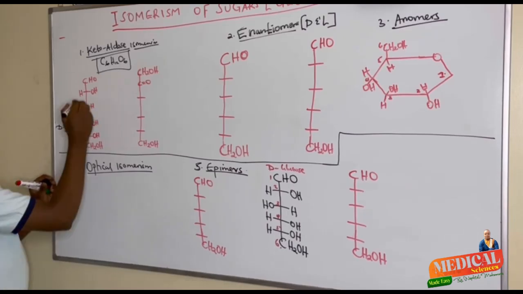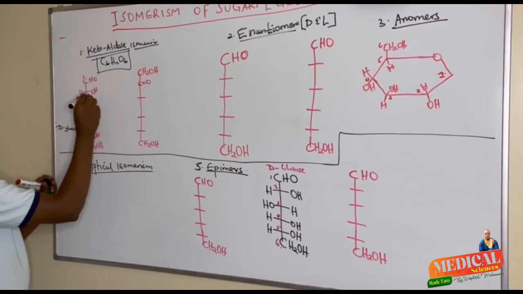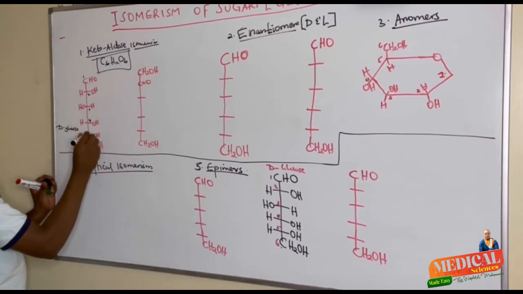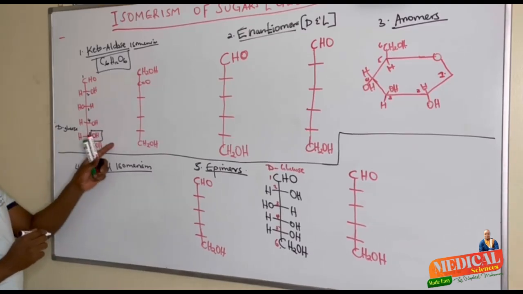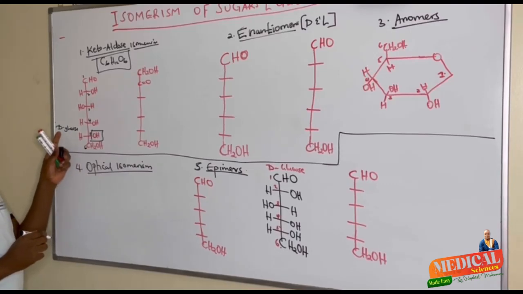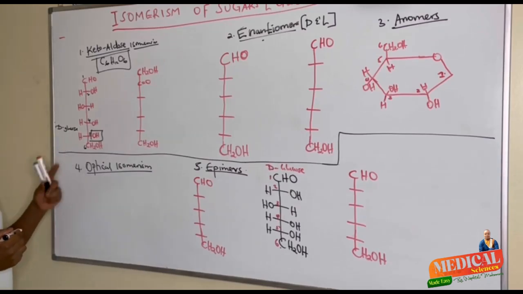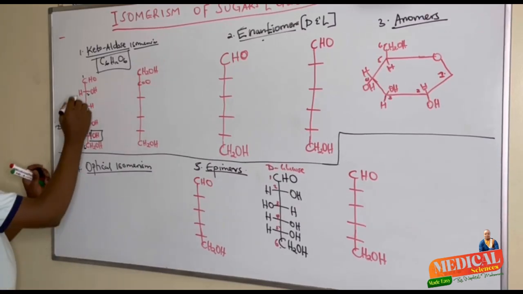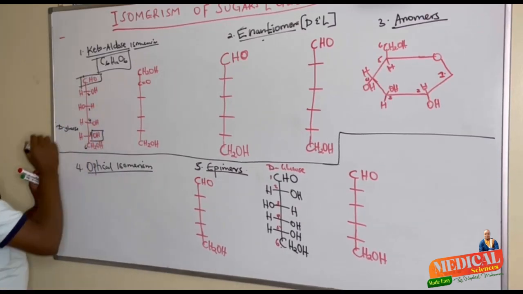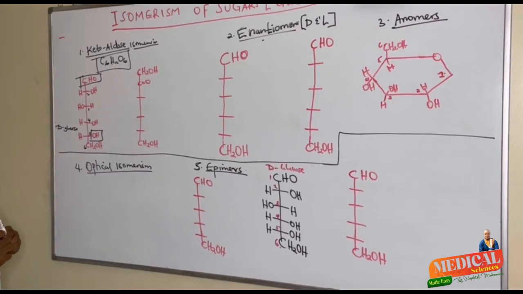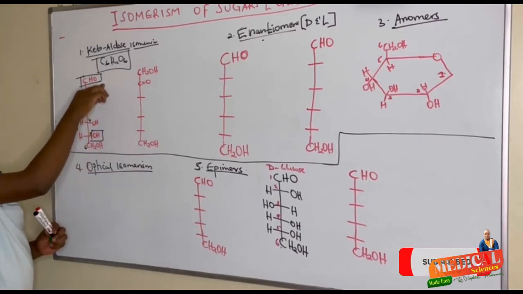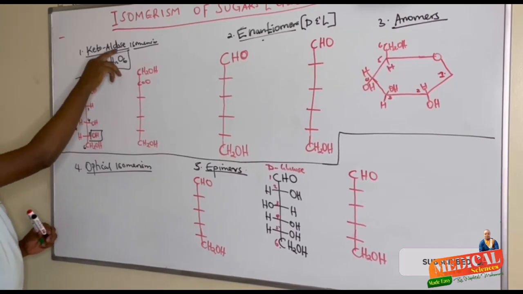I'm calling it D because if this is carbon number 1, 2, 3, 4, and 5, the hydroxyl group at carbon number 5 being on the right, we call it D series, which is a type of enantiomers. So this is D-glucose, with the aldehyde as a functional group,